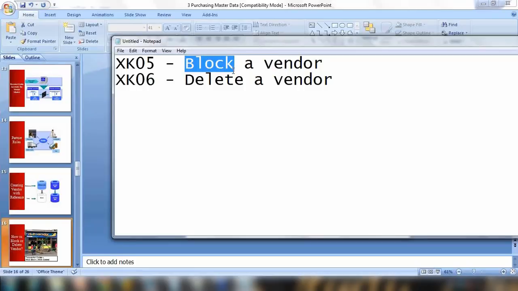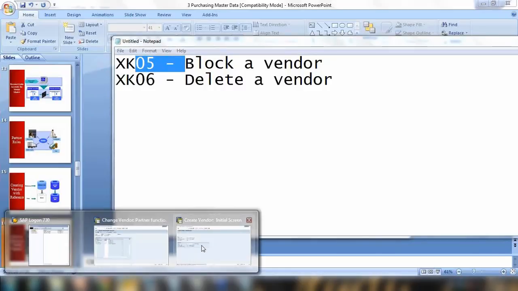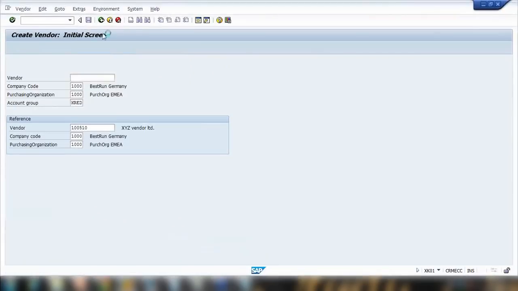It's only a temporary block. Delete means permanent delete. No, this vendor is no good at all. We do not want to make any purchase from this vendor at all. Then we'll delete it. So I'll show you XK05, XK06. If I go to XK05,